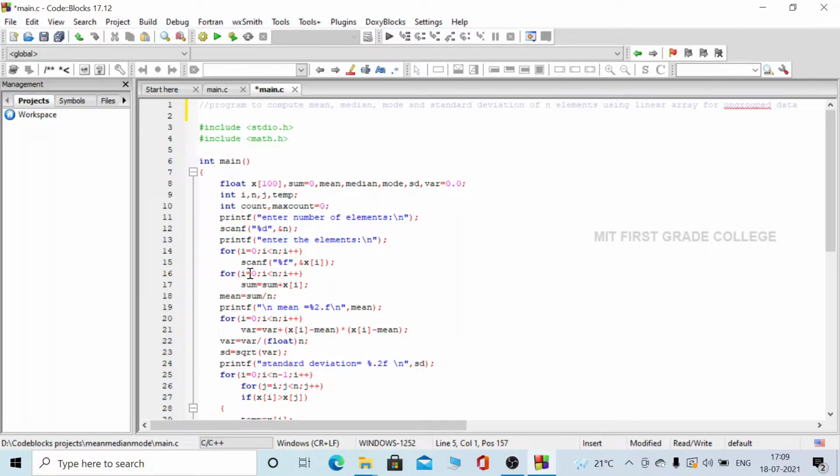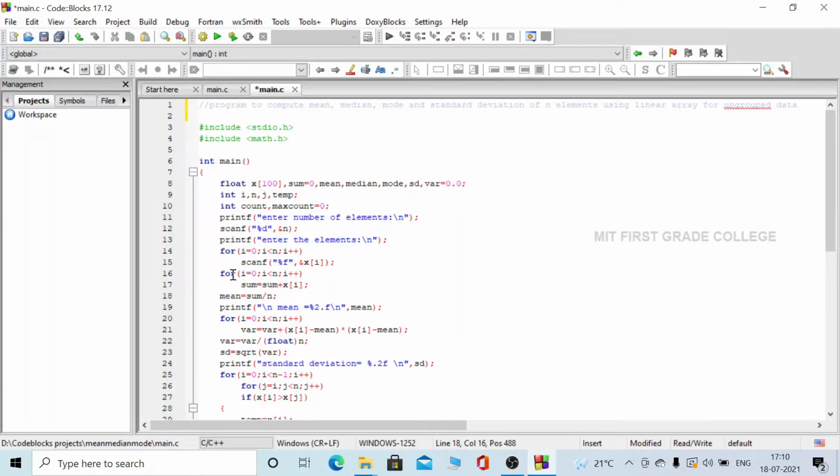Again a for loop is used to traverse each element of the array, and mean is calculated by the formula: sum of all the elements in the array divided by the number of elements. That is sum divided by n, which gives the value of the mean and is stored in mean. The sum is calculated using sum plus x of i.